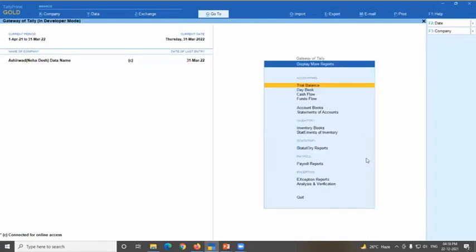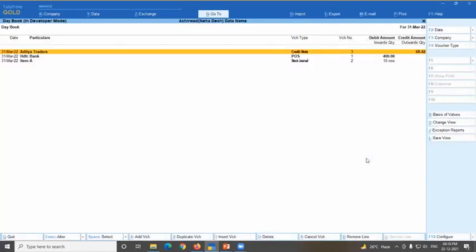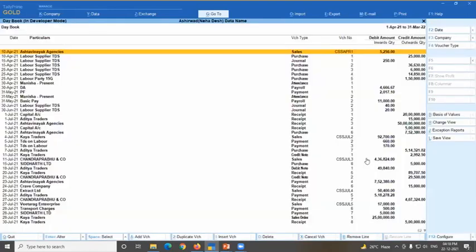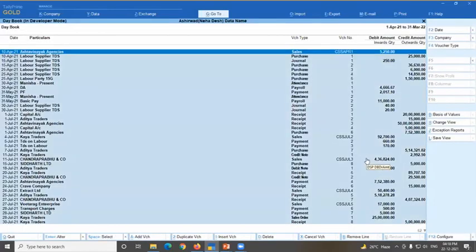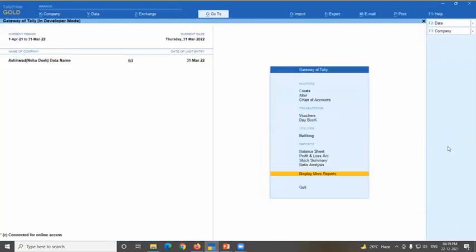Even suppose you display the daybook. If you select all, and we provide one button, it asks you for X ledger and Y ledger, which ledger you want to replace. If you press enter, within 2 seconds all your entries will be shifted. You were saying a TDL, yes, but by default it is not available.